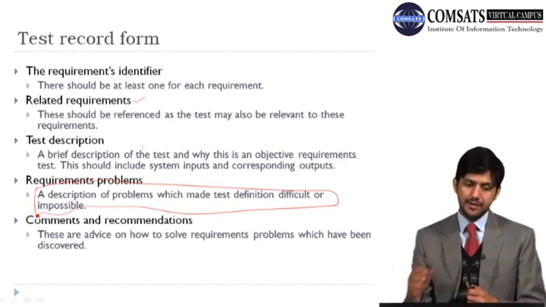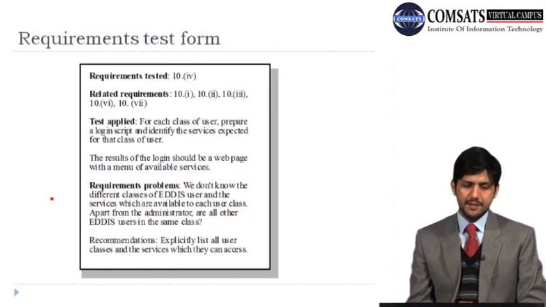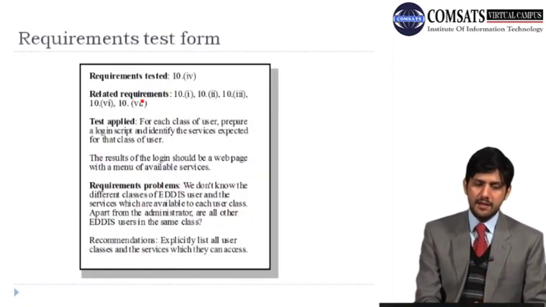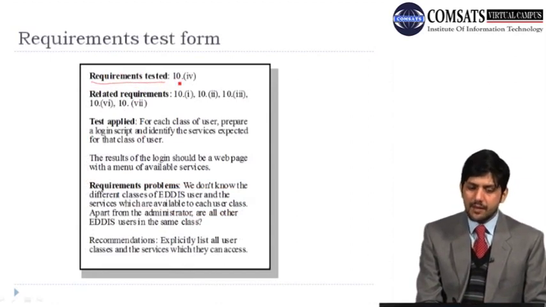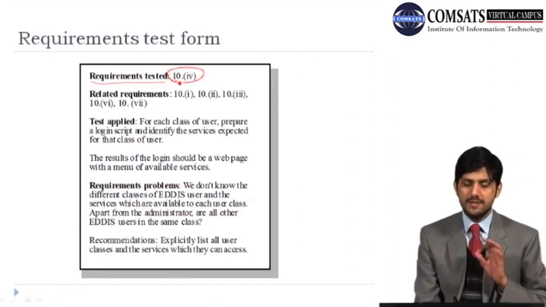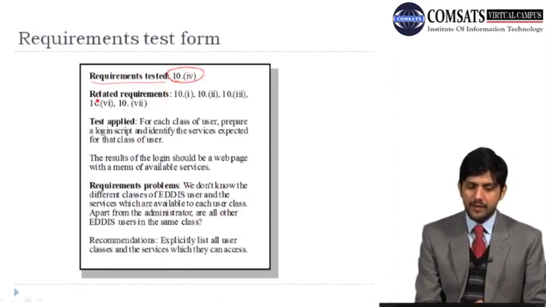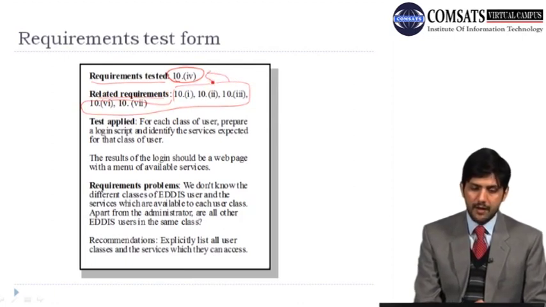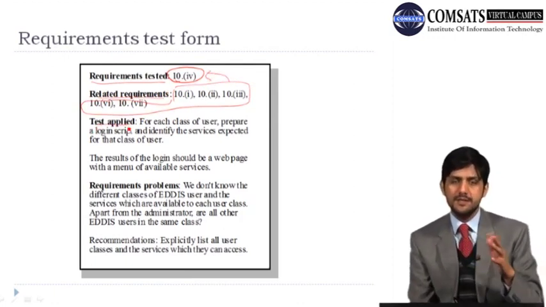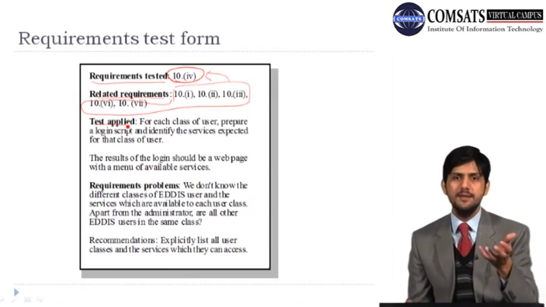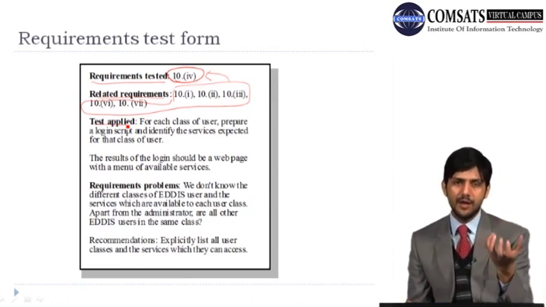So let's look at one of these examples. For example, we will have this in the requirement tested. We say that this is the identifier of the requirement which is tested. And then we have these related requirements, where we say that all these requirements are related to this particular requirement. Then what is the test which is applied? So we are saying why this is an objective test, and what are the inputs and what are the outputs